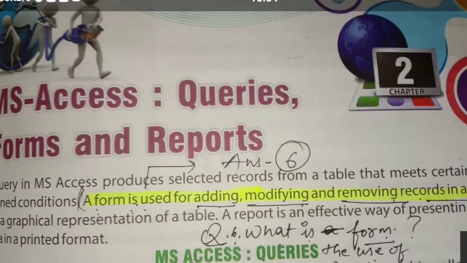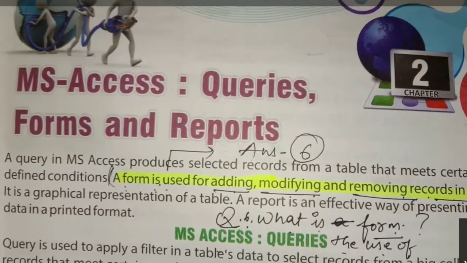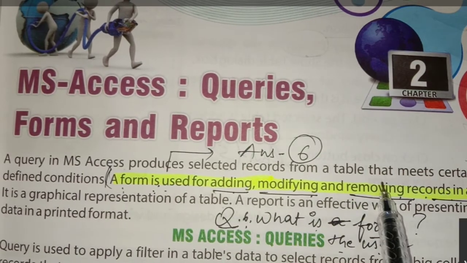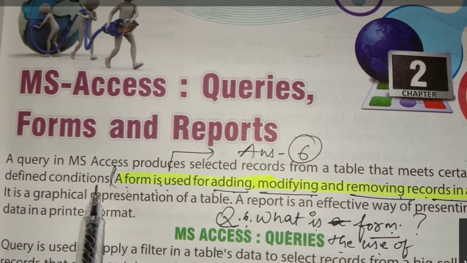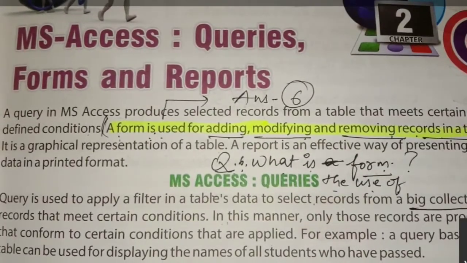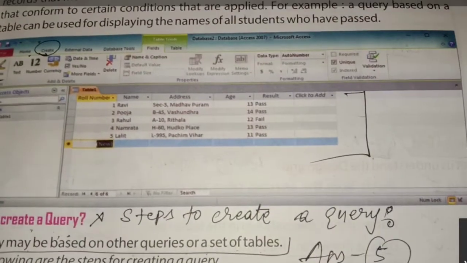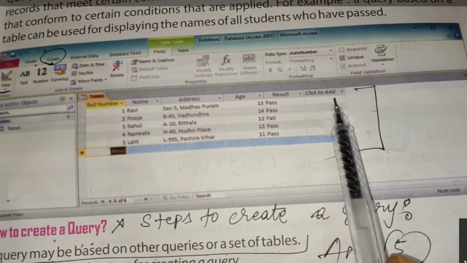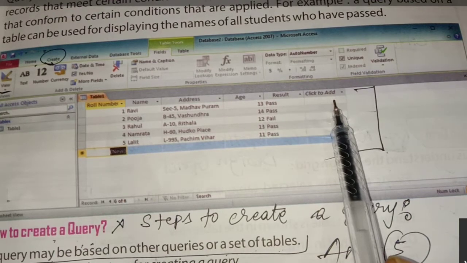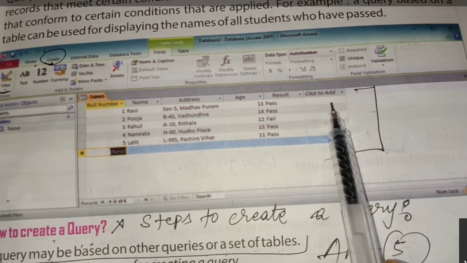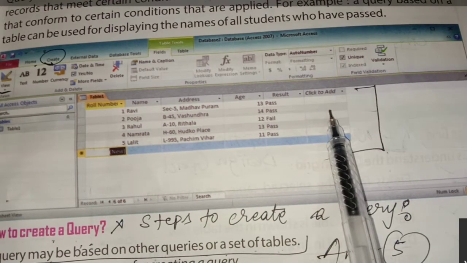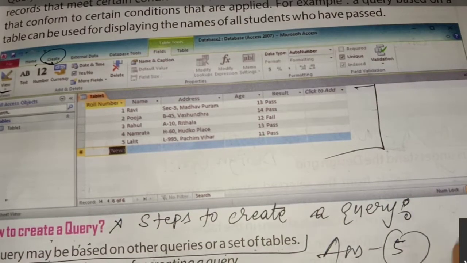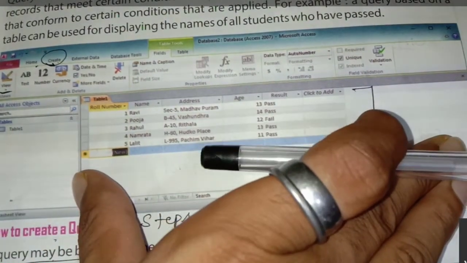Then we will go through the reading. A query in MS Access produces selected records from a table that meets certain predefined conditions. Means as you want, you can prepare the query. For example, here we see roll number, name, address, age, result, click to add. If you want to add any more field like city, hometown, nationality, mobile number, you can click on add and add more fields, and these will all be displayed together for all the students.